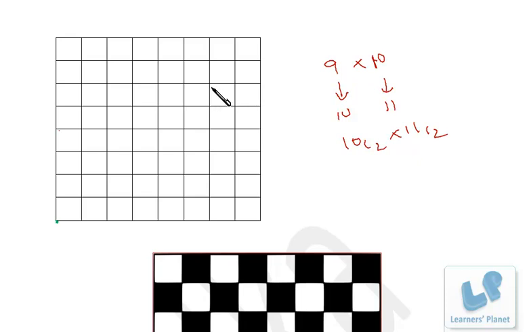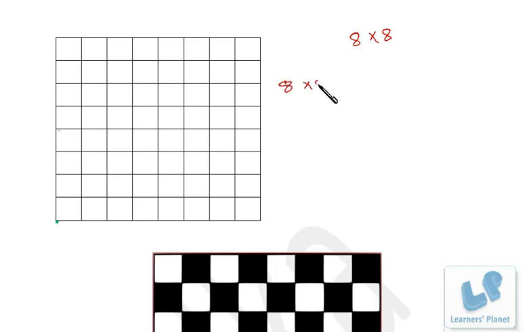Now suppose we have to find the number of squares. As I've told you, this is 1 centimeter, 1, 1, 1. So precisely this is the chessboard of 8 centimeter by 8 centimeter, right? So you see 8 centimeter by 8 centimeter, a square 7 centimeter by 7, 6 by 6, 5 by 5, 4 by 4, 3 by 3, 2 by 2.